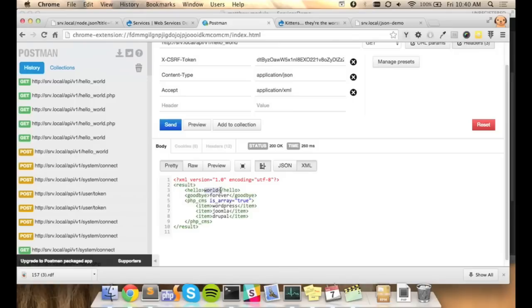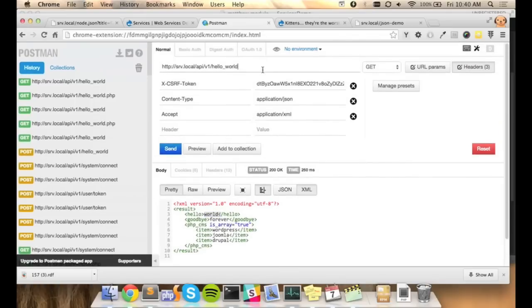I'm defaulting the argument to the word world. If I pass in my name, my response is hello, Matt. And of course, you can take those user inputs, sanitize them, and write them to the database in any number of interesting and creative ways. So you can start to get really elaborate and creative with the inputs that you're taking through the services module and with the outputs that you're giving. Basically anything that was previously possible with hook menu becomes possible very quickly and very easily as a data document